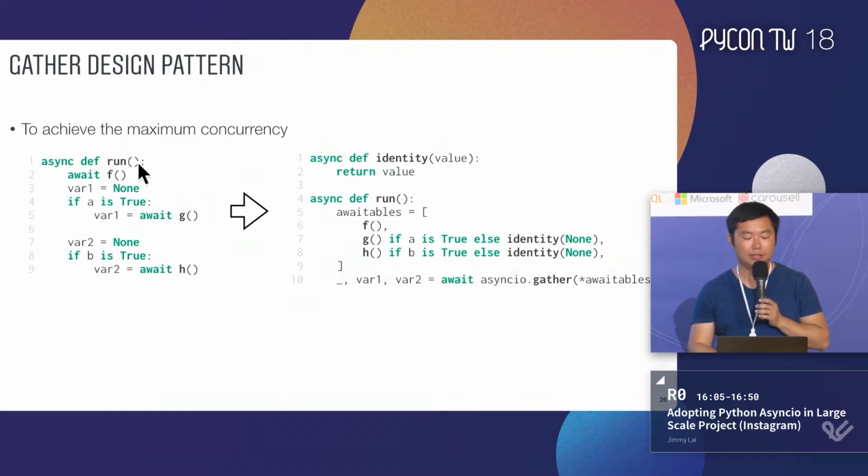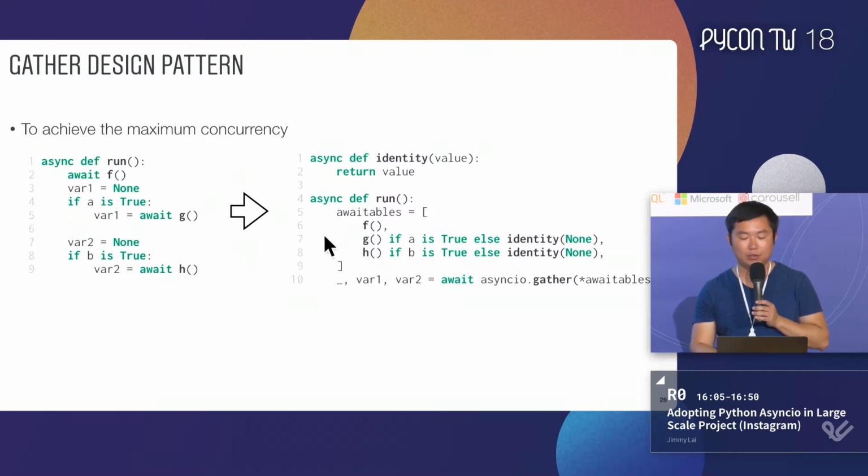So this is an example: run will await on F, and in some condition it awaits on G and H. It awaits on G if condition A is true, and awaits on H if condition B is true. So in this case, if all of them should be run, we want to run them concurrently, F, G, and